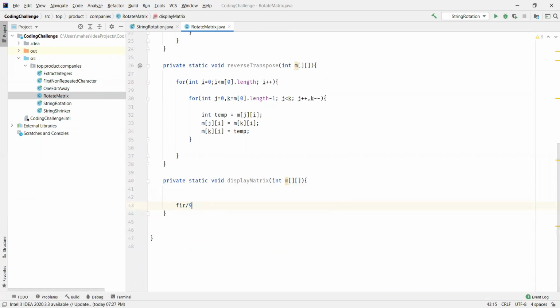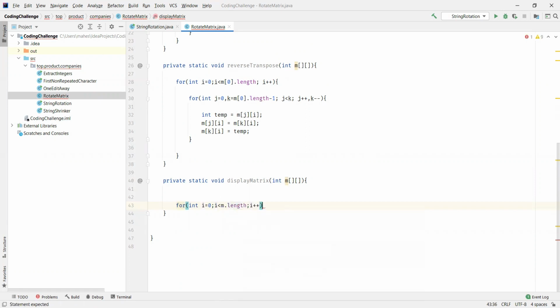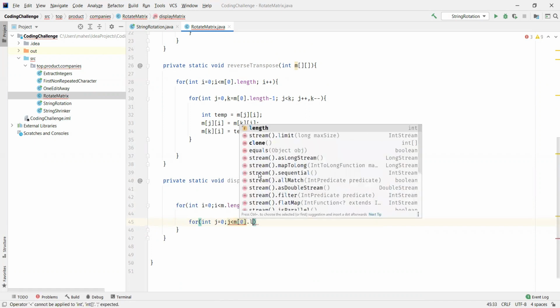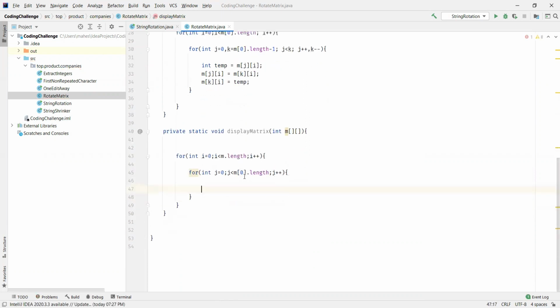So how should it display? An outer for loop for rows, i less than m.length, because we wanted to display all the rows. And for each column in the row, till all the columns are done, right? j is representing columns here, i is representing rows. And now we wanted to just display m[i][j],